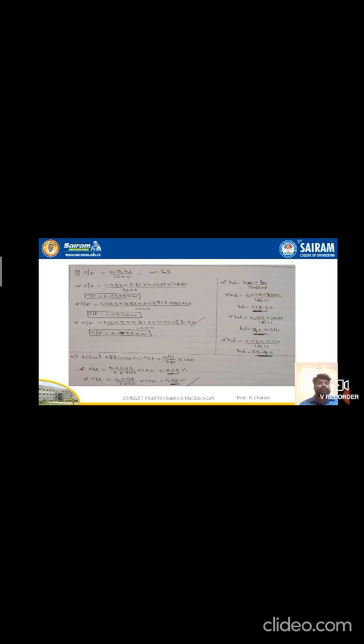These are different values. And then total efficiency, eta T is equal to output by input into 100. So output by input into 100, you will get somewhere around 7.15%, or a total efficiency of 9.68%. So these are the different values that you will get. This is the range of total efficiency. So this is how you find out the total efficiency of a centrifugal blower. Thank you very much.